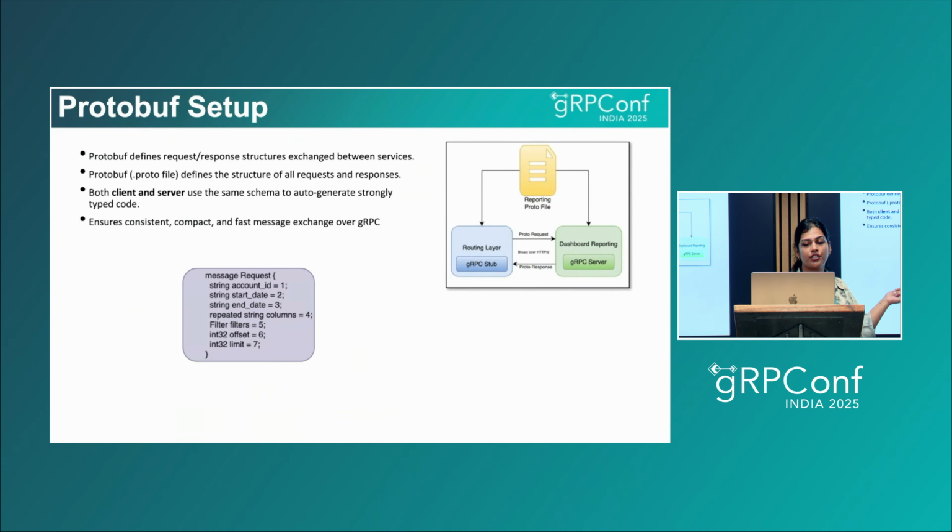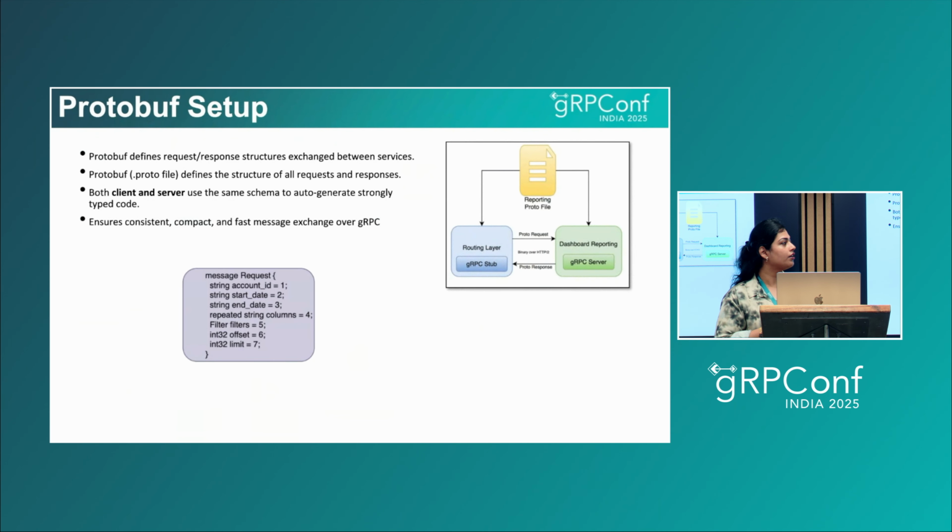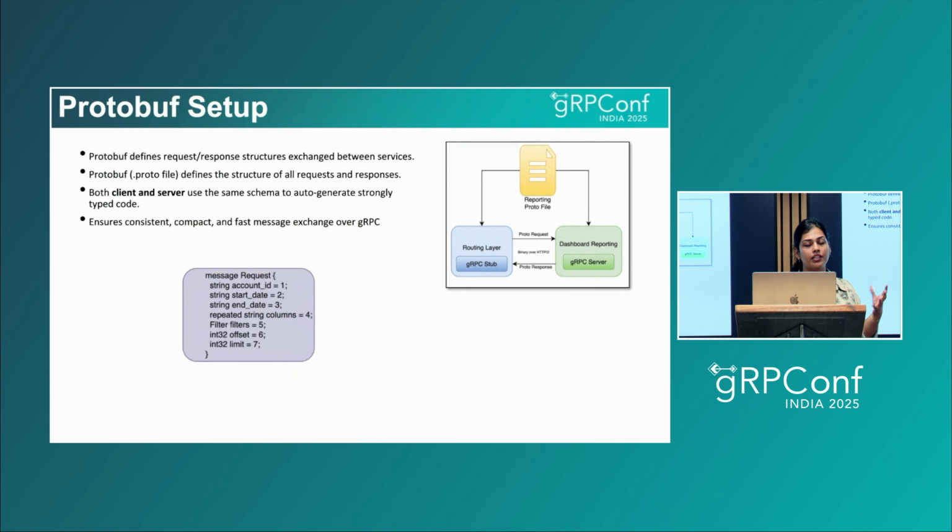Then we have repeated string columns. As you saw in the other slides, our dashboard is quite dynamic. That is, it is not limited to a set of metrics that are always returned to the user. The user has the ability to choose what he wants to see, and that is where we use these columns to pass in the selected metrics as an array object. Using these repeated columns makes it much more efficient when sent over the network, because there is no extra drama of maintaining the array's double quotes or commas, etc.